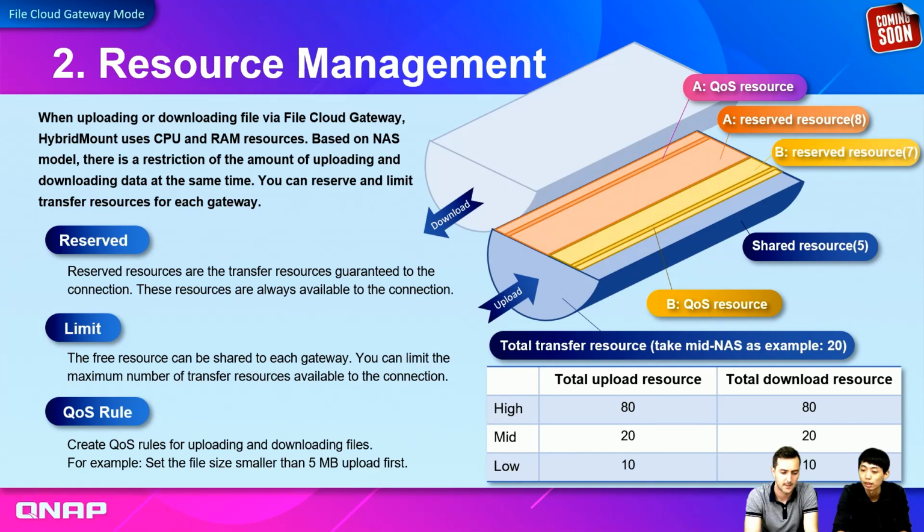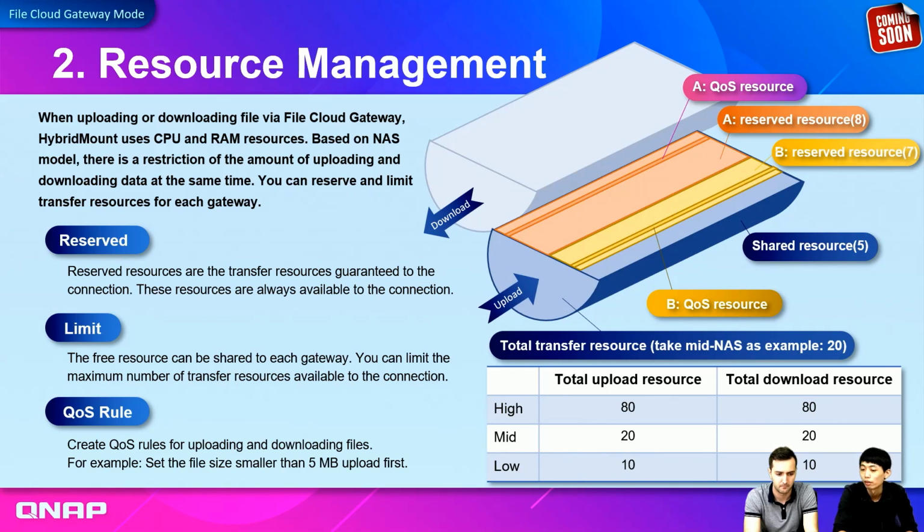For example, we set a limit to B connection as 10. So B connection has 7 reserved resources, and it can only use 3 shared resources because the maximum is 10. So B connection will only use 3 shared resources. So by this setting, you can arrange the resources to different connections,